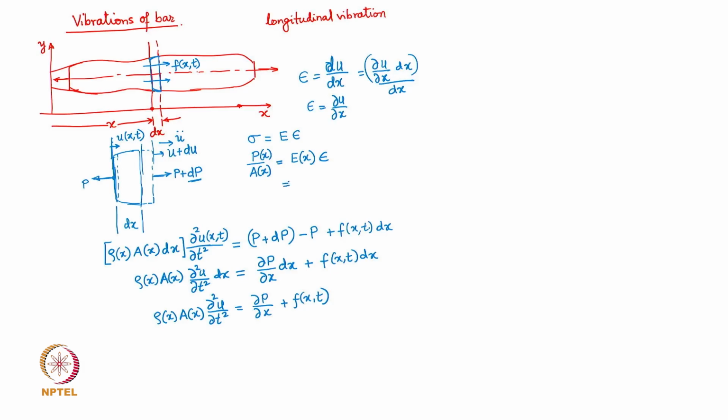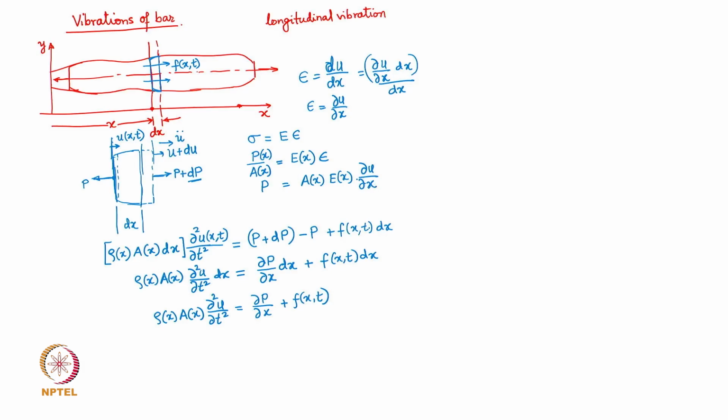So I can write this P as equal to A(x) into E, if E is assumed to be varying. Of course it is not going to be. The material properties are typically constant for that bar, so we will drop that x argument for both rho as well as E later, but epsilon is now going to be partial u by partial x,